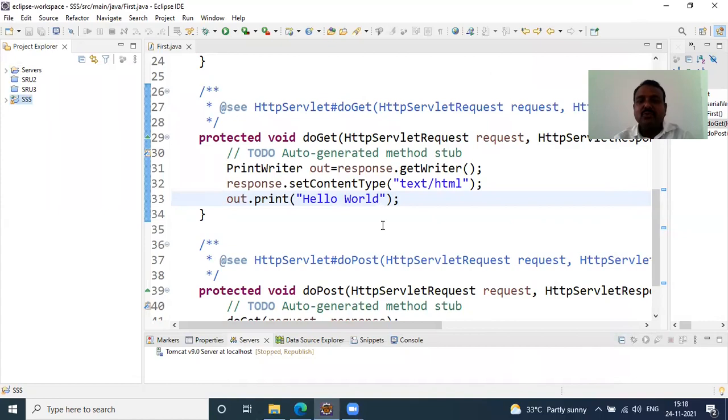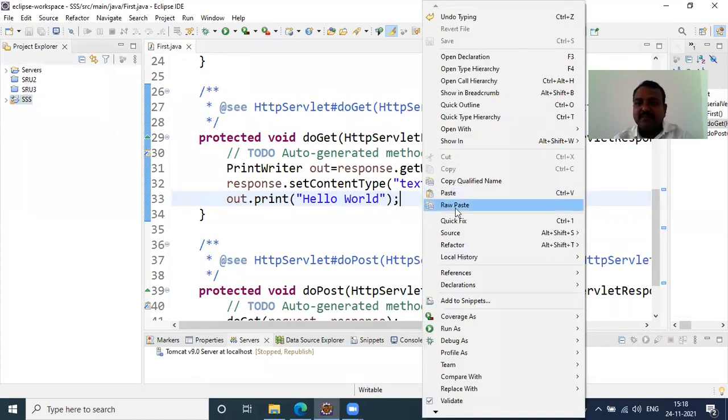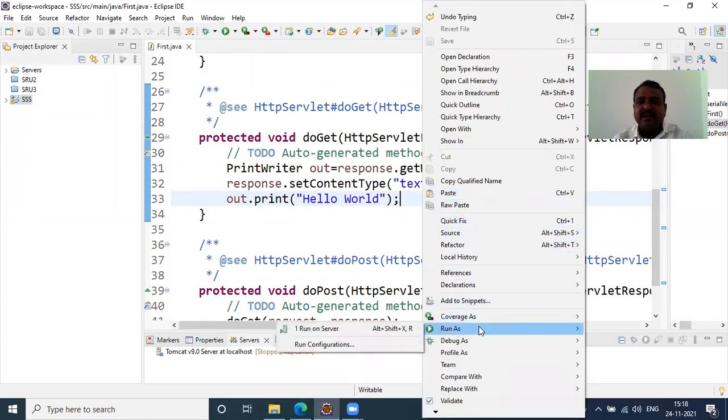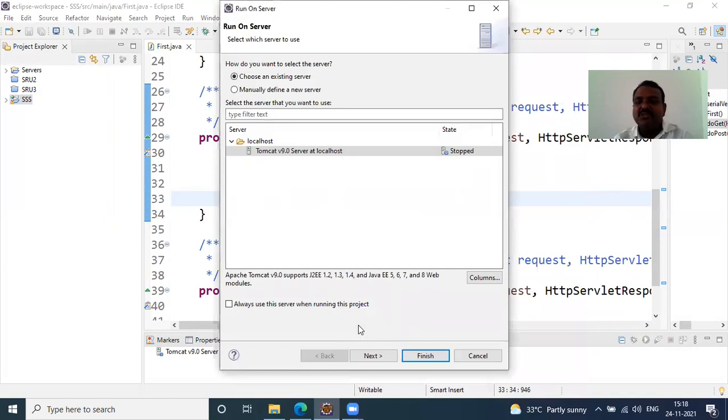Now we are going to close my window there. Now, if I set that option, automatically my server has been installed here. Now, if you can see here, I'll be having Tomcat version 9.0 server at localhost has stopped. Now I want to execute your servlet. So for executing a servlet, I go to your Java file. I right click on it, where we are going to find an option called run as, and then I will be choosing run on server.